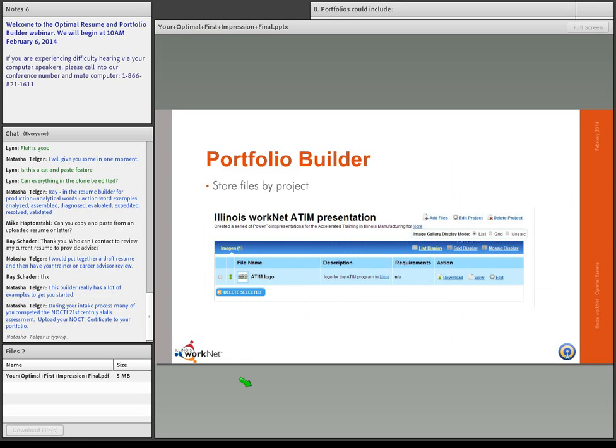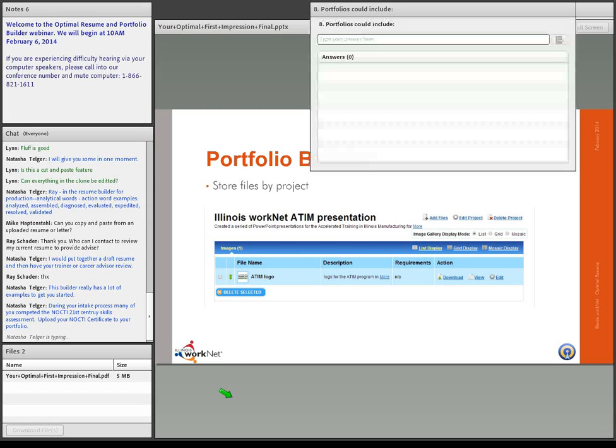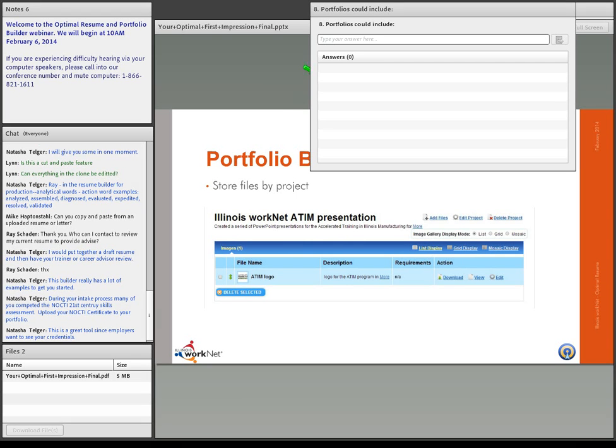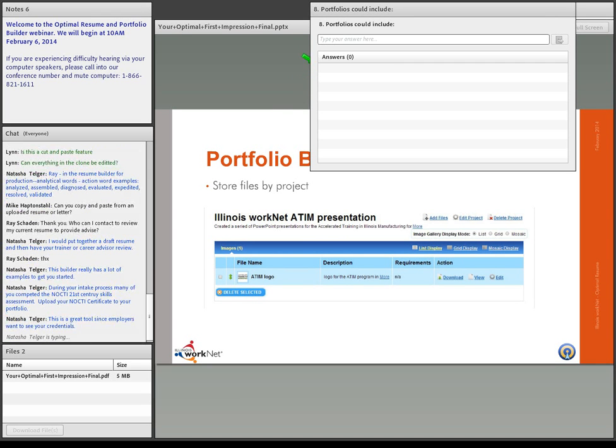So you can store your files by project as well. So let's open up this poll and say, what kind of items could you include in your portfolio? And you can type in your answer in the box right at the top of the screen here, and your answers will show up in the box below. So take a moment and think about it. It looks like